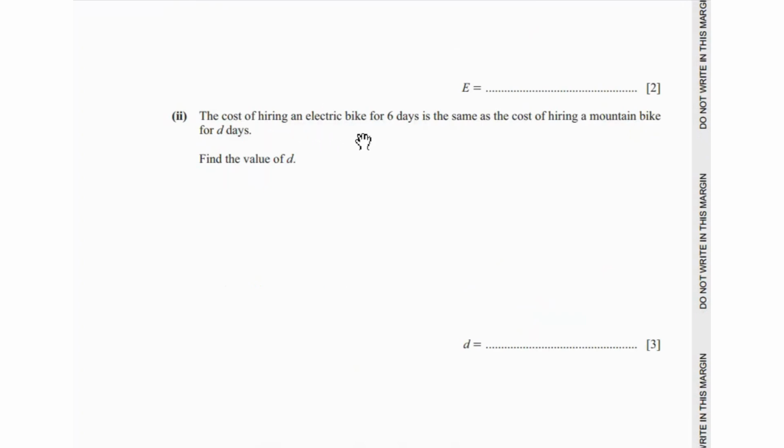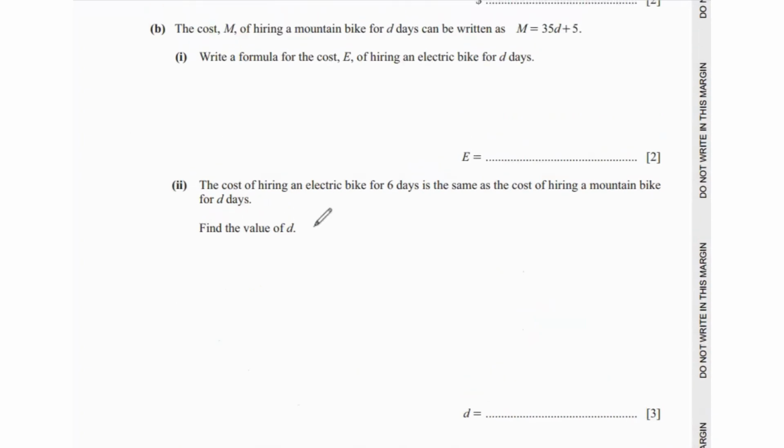Then the cost of hiring an electric bike for 6 days is the same as the cost of hiring a mountain bike for D days. Find the value of D. So as the question says, the cost of hiring an electric bike for 6 days is the same as the cost of hiring a mountain bike for D days. So that means